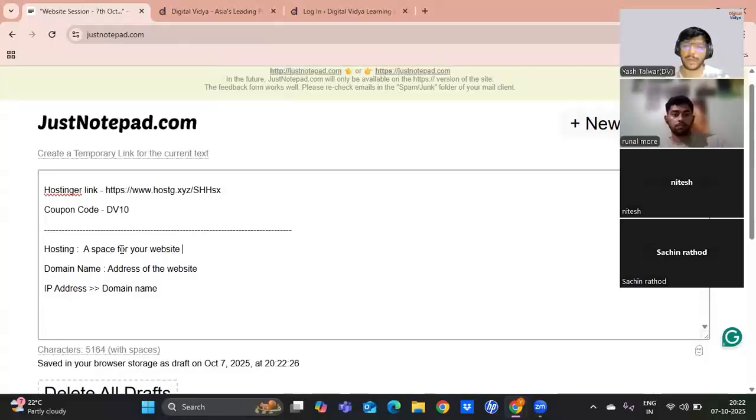We'll not get into the technicalities, but just know that hosting is where your website's files are stored. Whatever hosting provider you take up has the technology to first store your website and also make it available online for everybody to view, because that is also important.